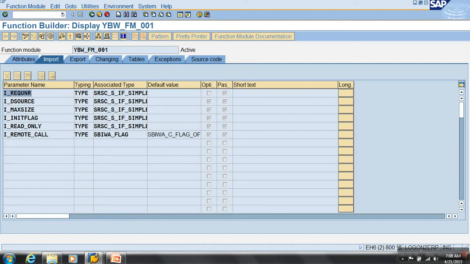When you run the info package in BW, will it generate one request number, like REQ some number? When you trigger an info package in BW, it is going to trigger a data source. The data source will trigger a program. You remember for an R3 data source, when you see the extraction tab, it says API program. So there is a program built in ECC which is explicitly used for extracting any data sources.